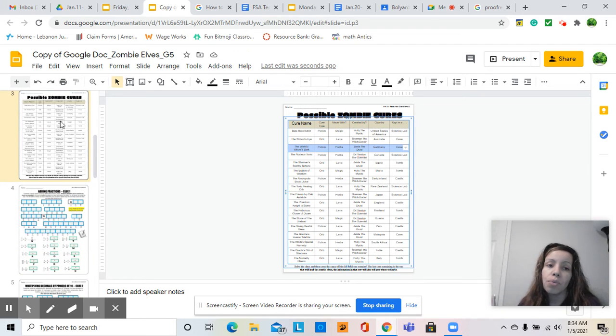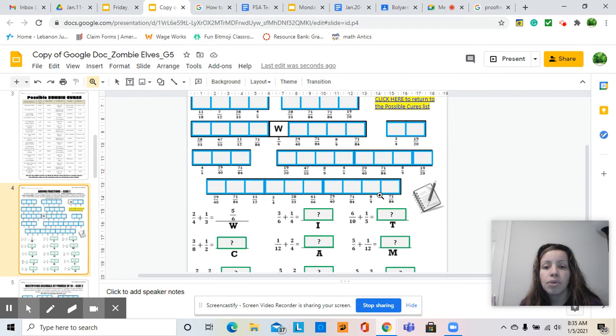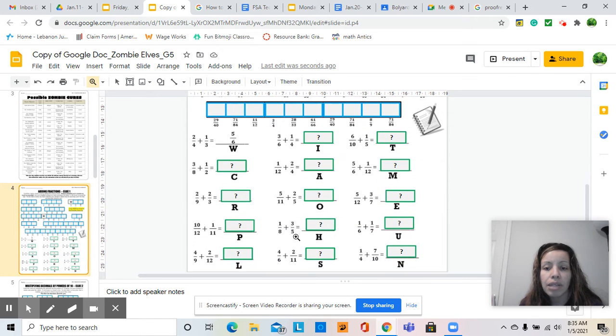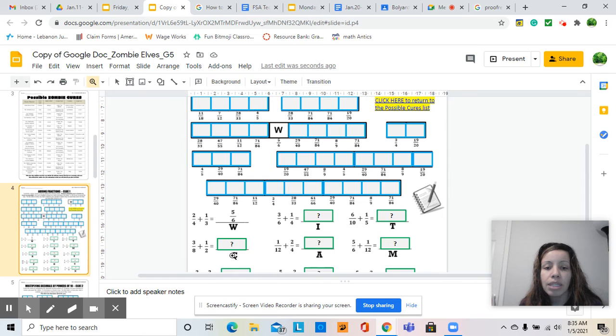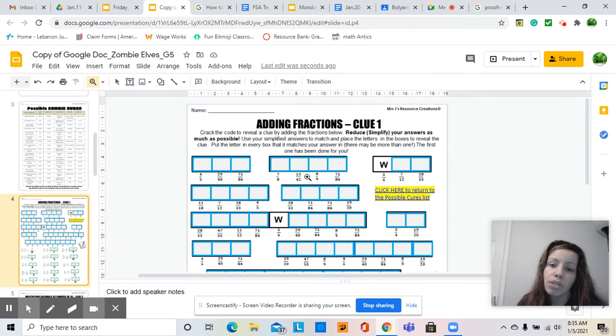Here's your first clue to know which you need to rule out from here. So your first clue here is adding fractions. There's a code that you will have to break, and when you break it, it's because you are going to solve all the additions. So all the additions are here. And after that, you'll see that all the ones that are this answer then are letter C. Then you can plug in the letter C's where they belong. And at the end, you'll have a code that will help you rule out something from here, okay? So make sure that you're reading those instructions